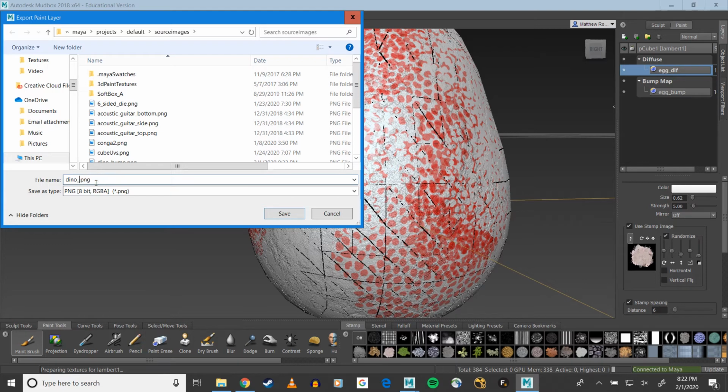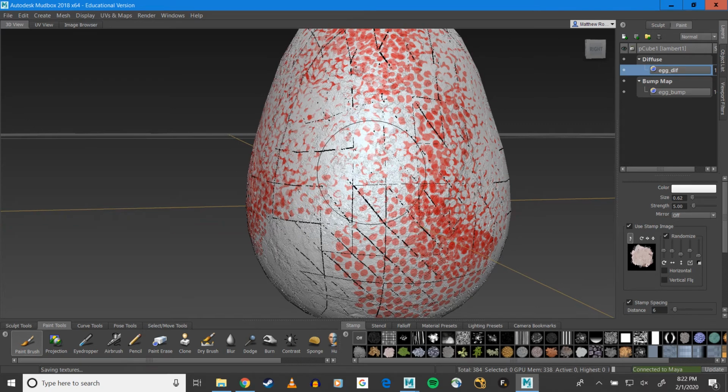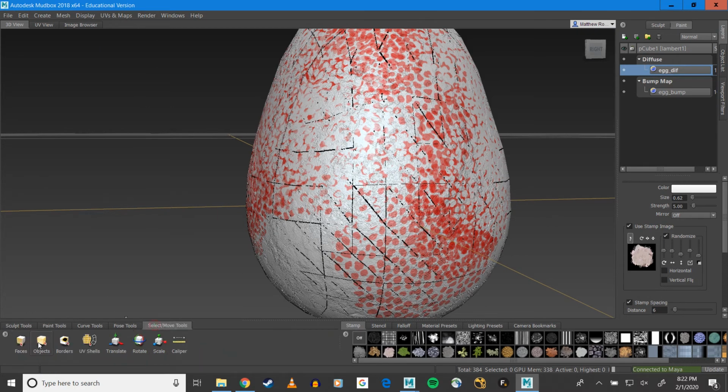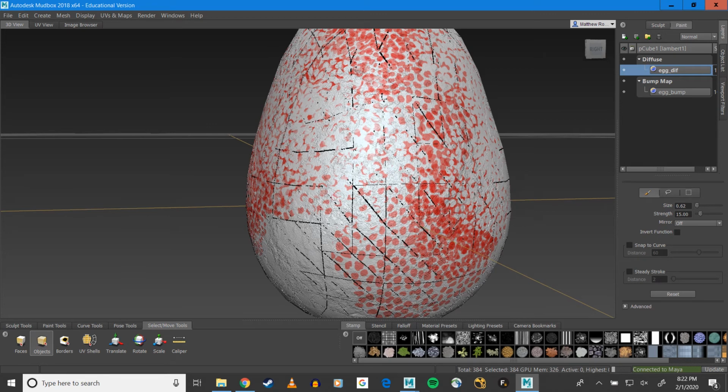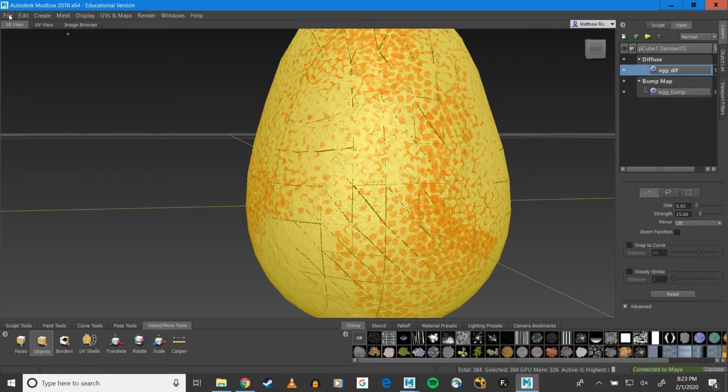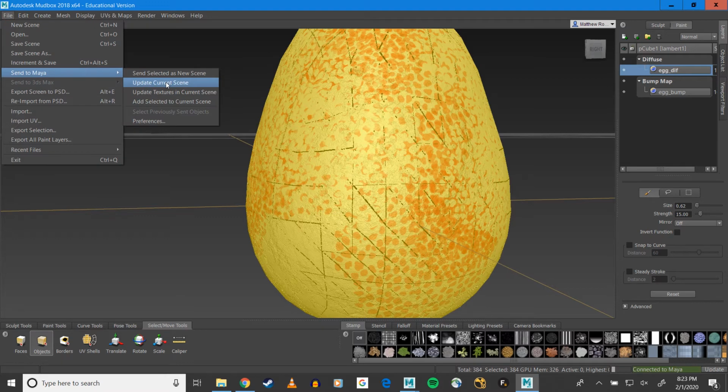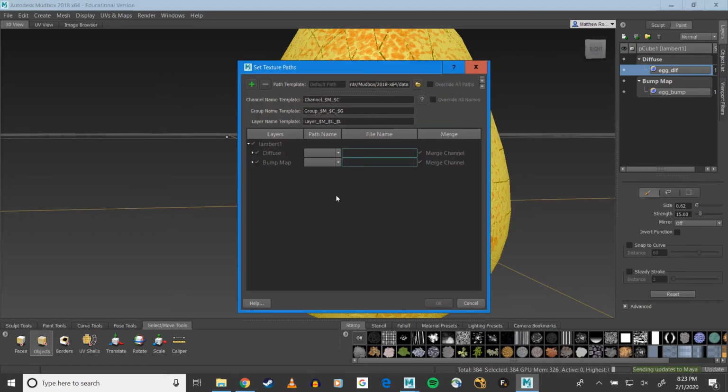Well, this should be Dino diff in my case. Okay. And now if I want this to match up, I need to make sure that I send this model back to Maya. So I'll go to my selection tool, select my egg, and I need to send this back to Maya, which I can do by hitting update current scene, and it'll want